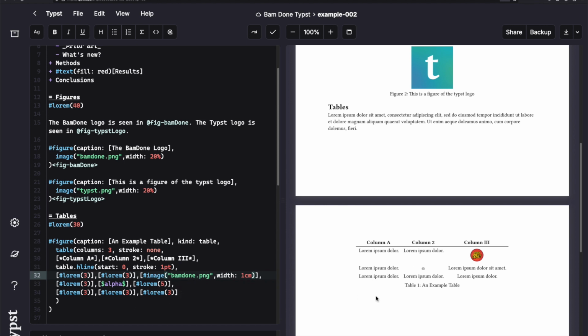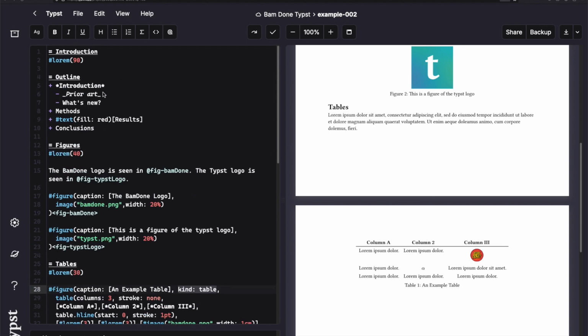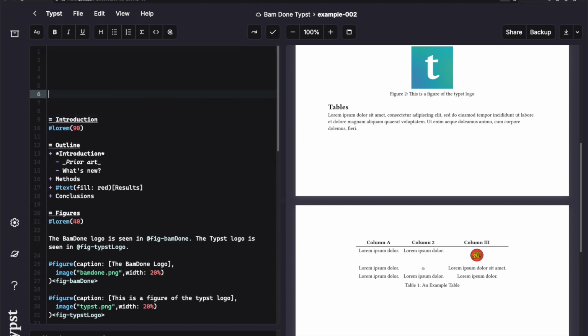Okay, so then the question becomes, how do I take the table and put the caption above? Because I don't want it on the bottom. Well, to do that, that comes back to this thing where we defined it as a table, this thing called kind table. And so we can type some code at the top. I like to put all of my formatting code for my entire document at the very top of my document. That way I know to come back here and I understand what it's doing. So let's make a comment and let's say something like format